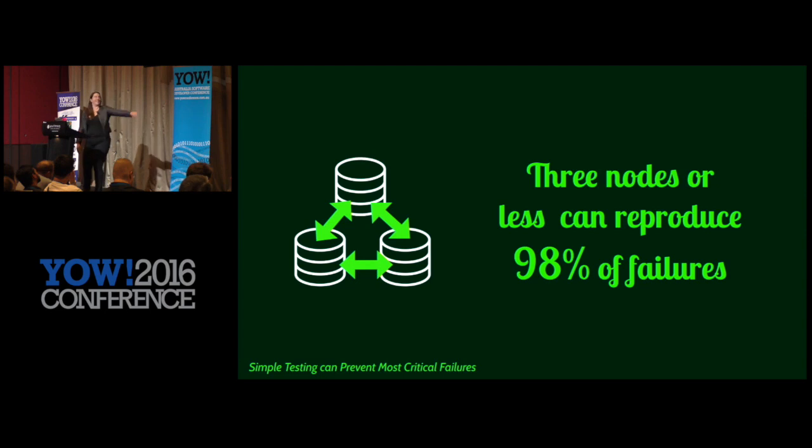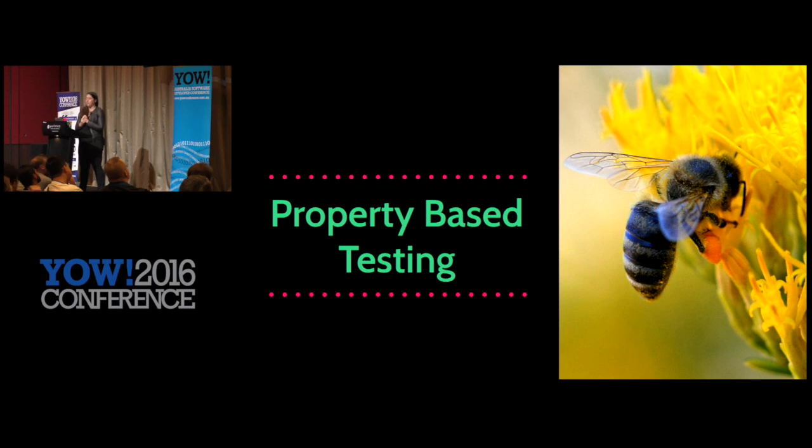This is the level of, I can run this on my laptop, right? I can run 3 nodes on my laptop and test them and inject failures, which we'll get to, and then prove that this system is still reliable. So we can do a better job at a lower cost. And we don't have to build out these huge staging environments. We can literally run really small scale ones.